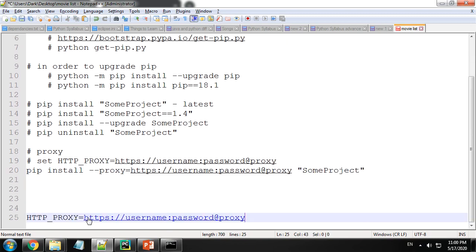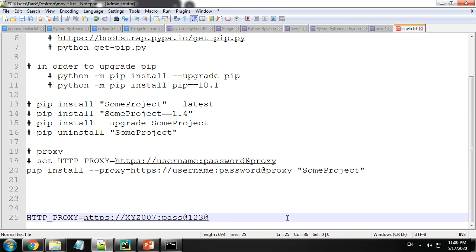Your username is going to be the username specified to you by your organization. So for example, if you're working in an organization XYZ and your ID is XYZ007, then this is going to be your ID. Say for example your password is something very weak, let's say pass@123. So this is going to be your password.